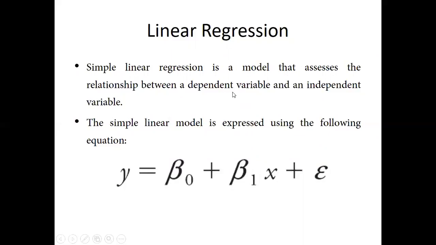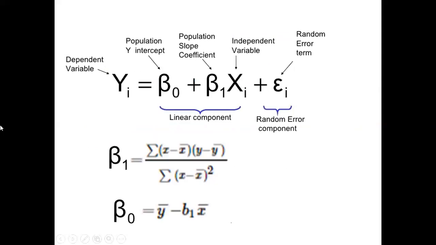We have already discussed it. What is the dependent variable? What is the independent variable? The dependent variable we also call the target variable, whose value needs to be predicted. Independent variables we also call explanatory variables. So based on the independent variable's value, the value of the dependent variable will be predicted by the regression model. So there is a formula. The simple linear model is expressed using the following equation: y = b0 + b1x + error. In detail I'm showing in the next slide.